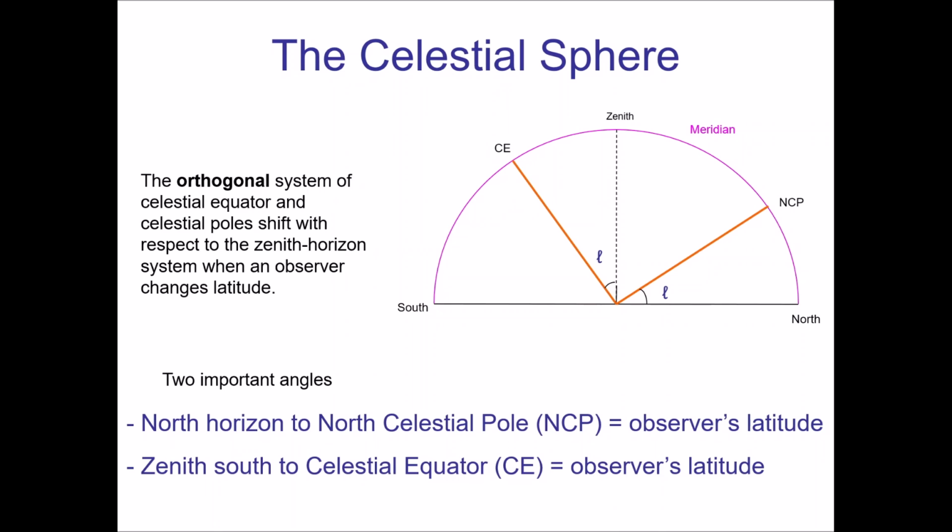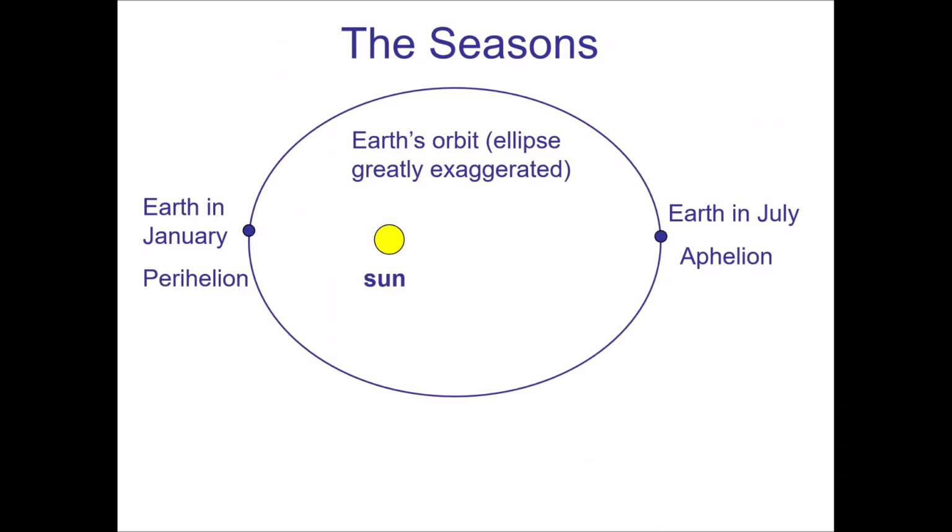All right. So we have these two systems here. Both these systems are what are called orthogonal systems. That's a fancy way to say perpendicular to each other. So the celestial equator and north celestial pole are centered on how things are on the Earth, whereas zenith and horizon are centered on how the observer sees things. So I just wanted to remind you about these two things because we're going to be talking about them later in the lecture today.